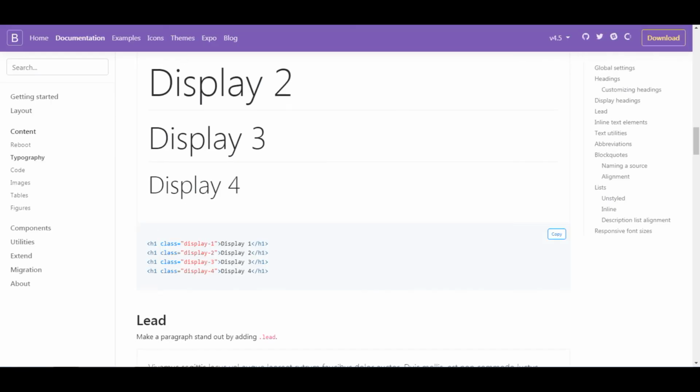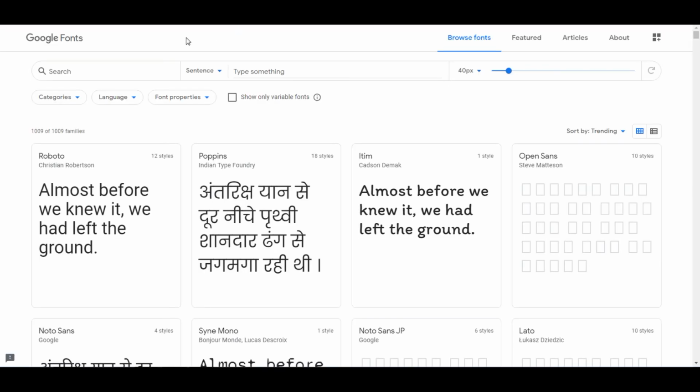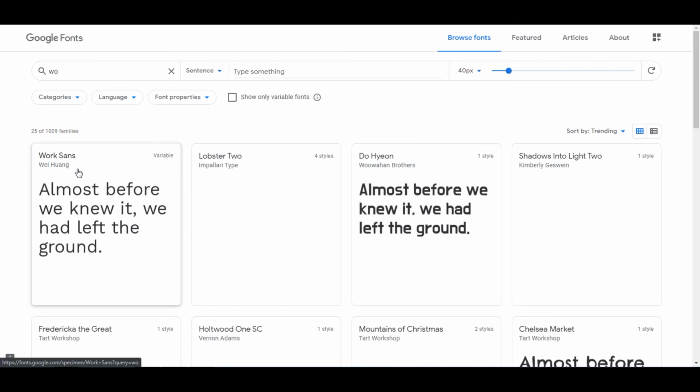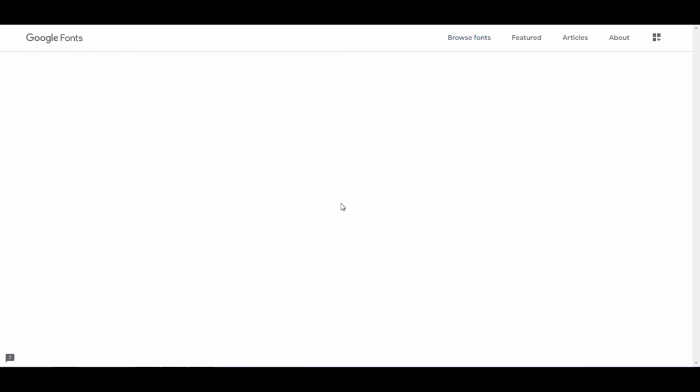So go to Google Fonts, or simply type fonts.google.com. I am using Work Sans. Okay, I am using this font, so click on that font.